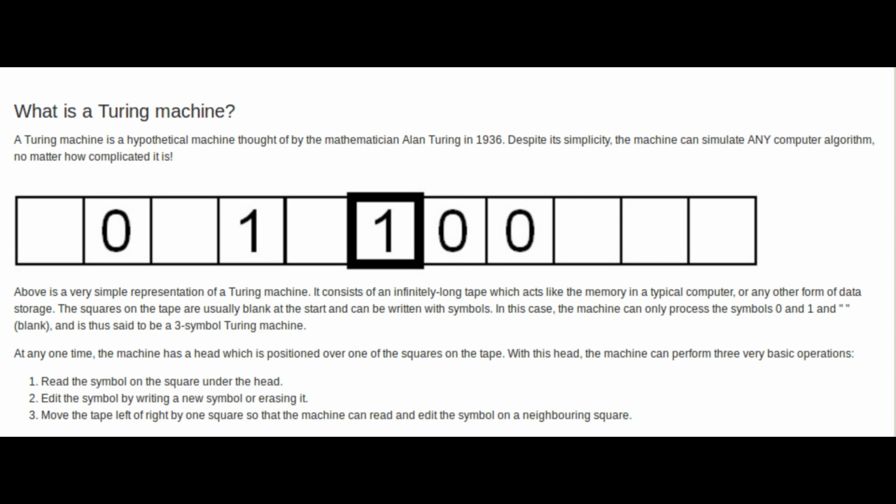Okay, so this looks very similar to a blockchain, and the symbols on the tape could either be the blocks themselves or the transactions within each block, and you can get it down a lot simpler than that. But just by looking at this, it's quite obvious that Bitcoin is a Turing machine,